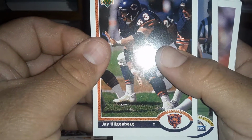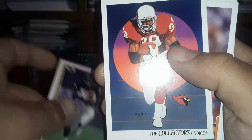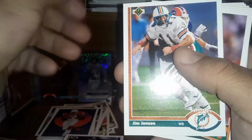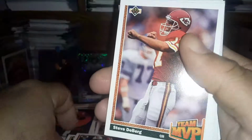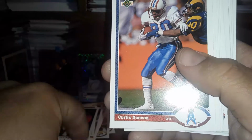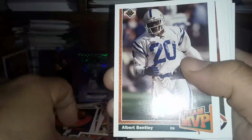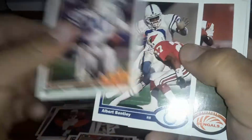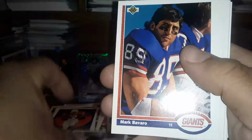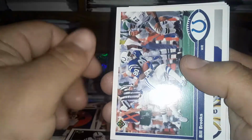Jay Hilgenberg, great offensive lineman. Ronnie Harmon, and I forgot his name. Johnny Johnson. Collector's Choice, Jim Jensen, a team MVP of Steve DeBerg, Super Mark Duper. Got Curtis Duncan, Marcus Dupree, Jim Breech, team MVP of Albert Bentley, and base Albert Bentley, and Eddie Brown. Lomas Brown, Mark Bavaro. There's Chet Brooks, another Albert Bentley. There's Bill Brooks,